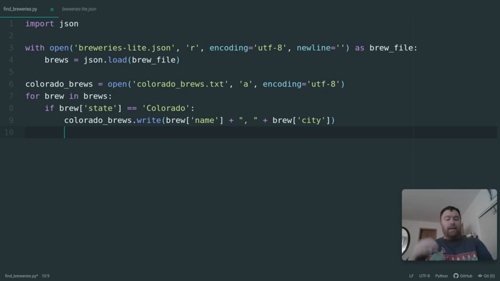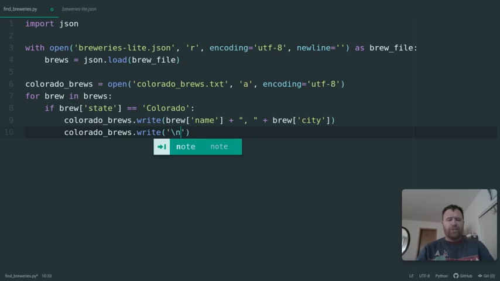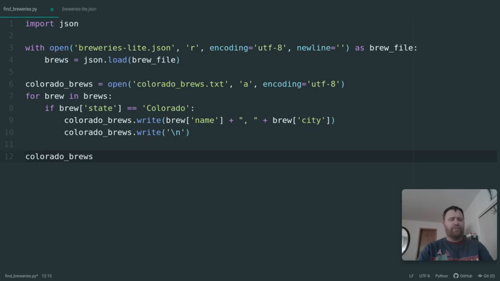All right. Now, I want to format this nicely, so I also want for each of these items to write just a line break, which I'm going to do with the \n here. And then I'm going to go down out of here and just close the Colorado brews file, because I didn't use with open, so it didn't close automatically. I used a variable set to equal open. You can do either way, but this way I have to close it. So I'm going to close it, and I'm going to save my file,